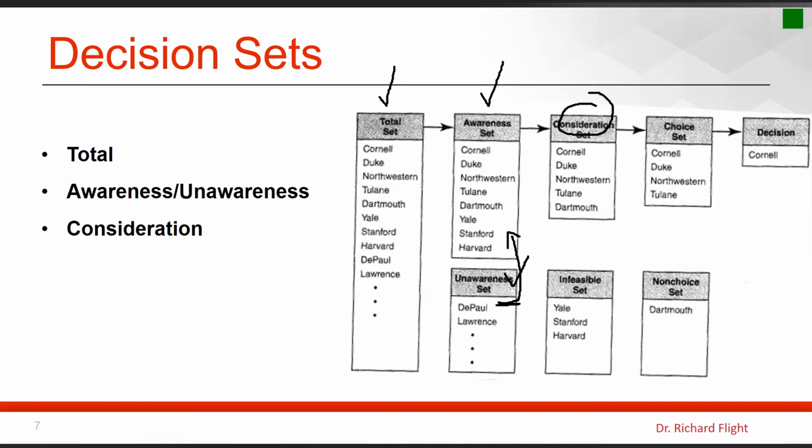Because we've got some colleges here, maybe these are colleges that you wouldn't get into, or maybe they're too far away or too expensive based on the decision criteria. They don't meet the criteria that you have set. Yet these that are still in the consideration set are the ones that still meet your decision criteria. Which then eventually leads to your choice set and your non-choice set that's available to you.